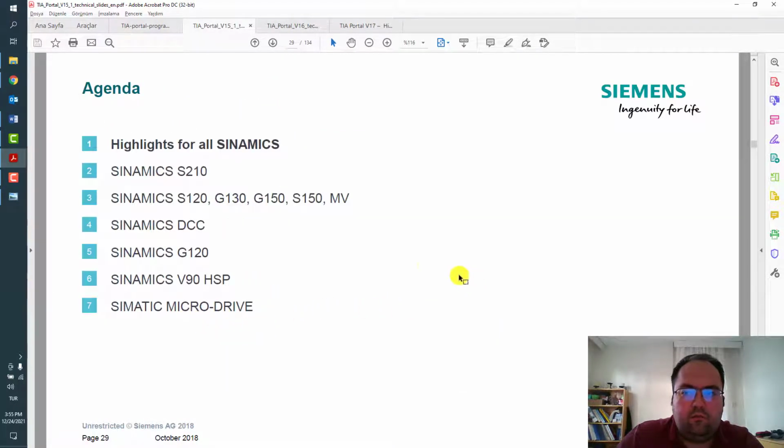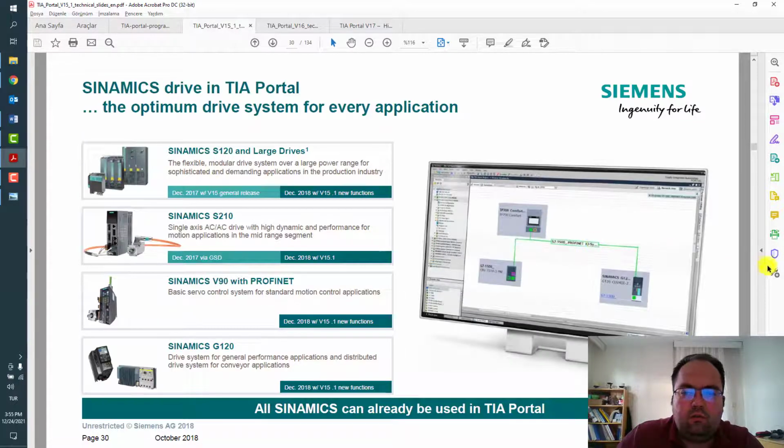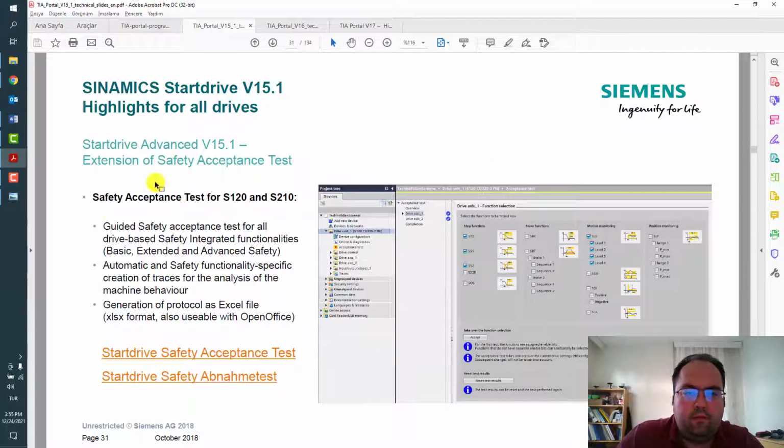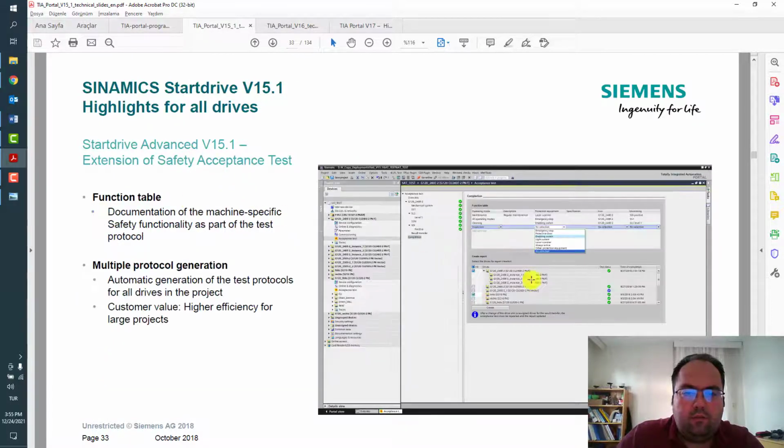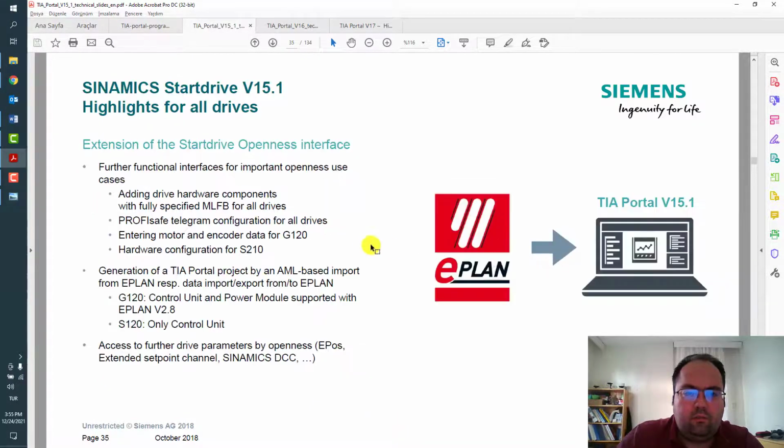And Startdrive, the drive commissioning software package of TIA Portal. Now it's possible to use the hardware SINAMICS S210 with newly released servo motors 1FK2, safety acceptance test and commissioning possibility.